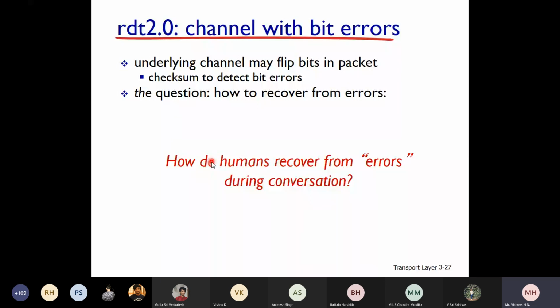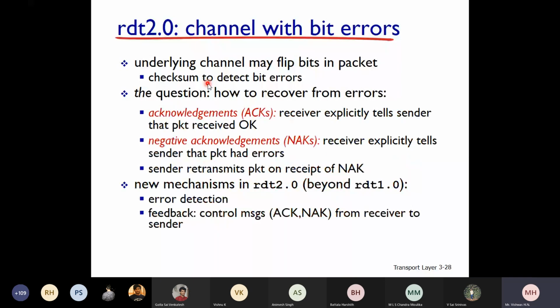But here, to understand the packet the other party has sent, and if there are bit errors, how do we detect and recover from them? You can add checksum bits. Checksum to detect bit errors. This is how bit errors are handled in RDT 2.0. We know that in RDT 2.0 we assume that bit errors are there. To recover from bit errors, we will add a checksum. How to add that checksum? We will see that. The underlying channel may flip bits in a packet; the checksum detects the bit errors.